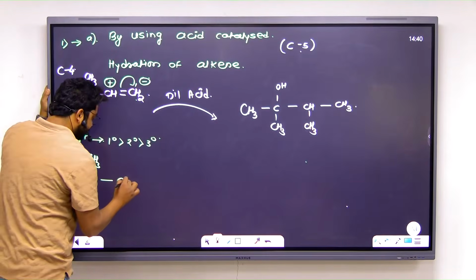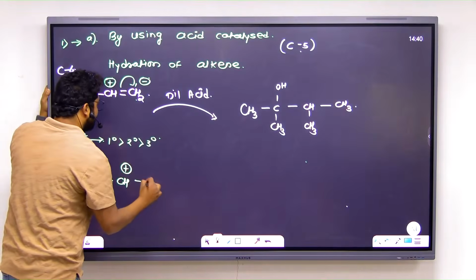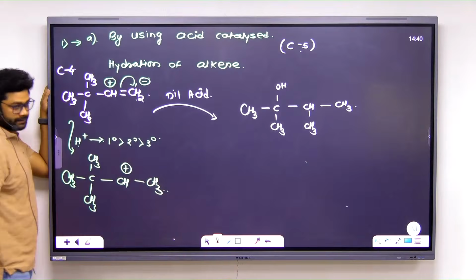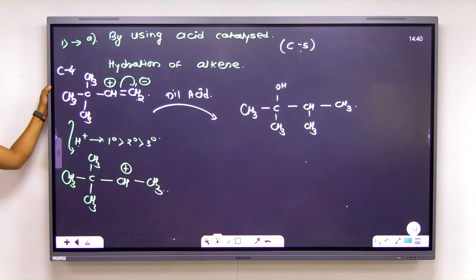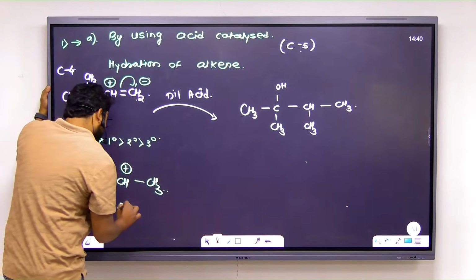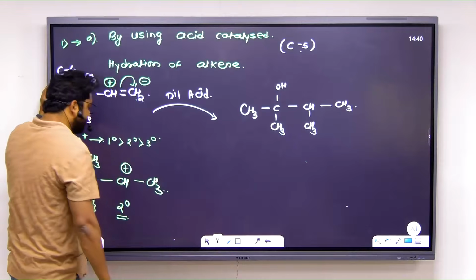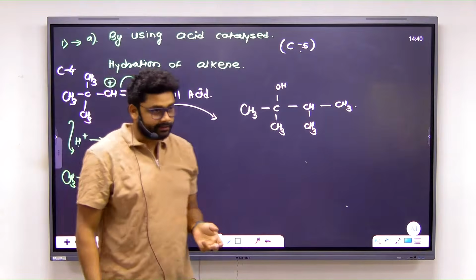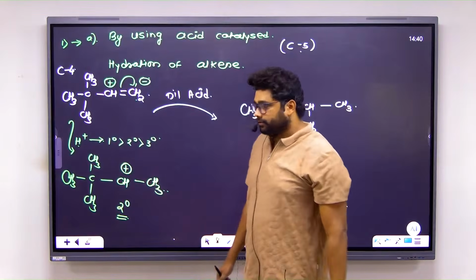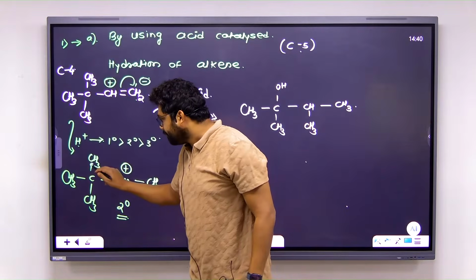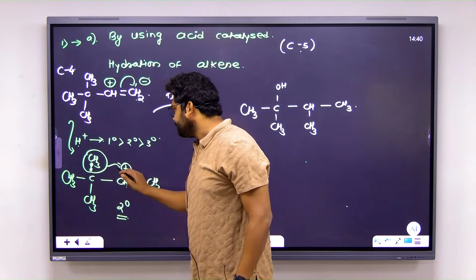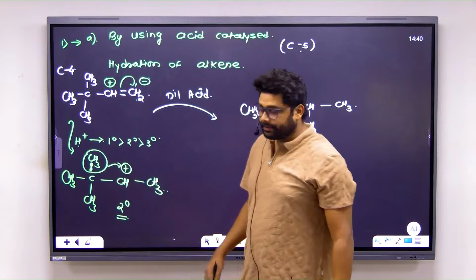Here is a formation of carbocation, and CH2 becomes what? CH3. This is now your secondary carbocation, and you observe that it is less stable. There is a possibility of formation of a more stable carbocation. And what you do, you will just shift the electron pair of this CH3 with, right,